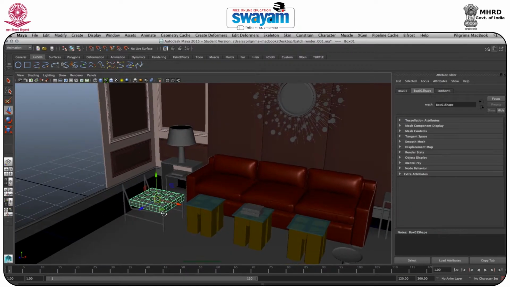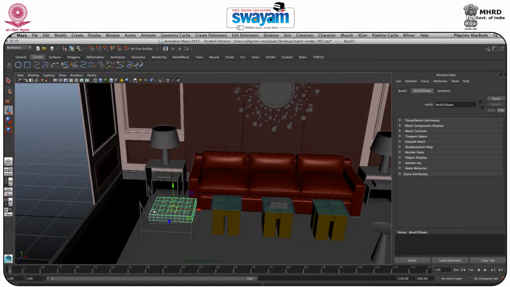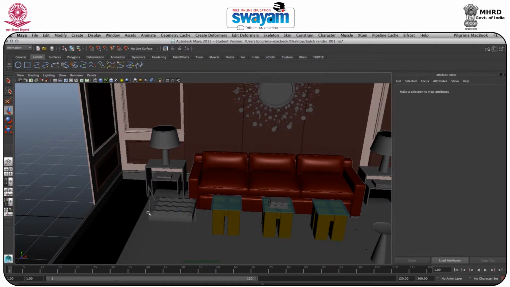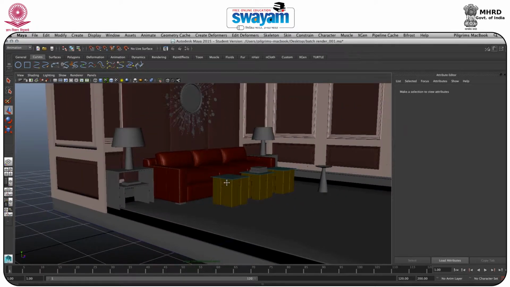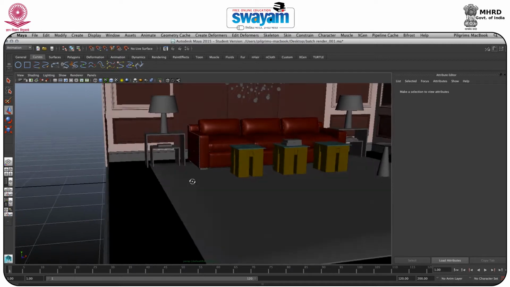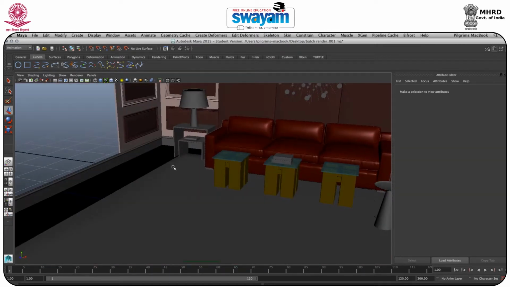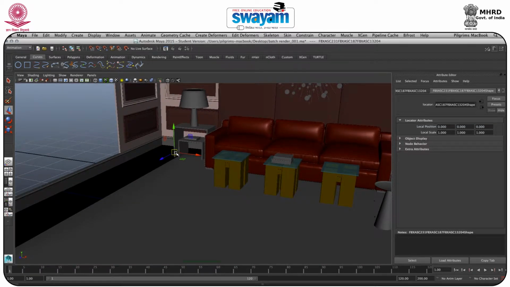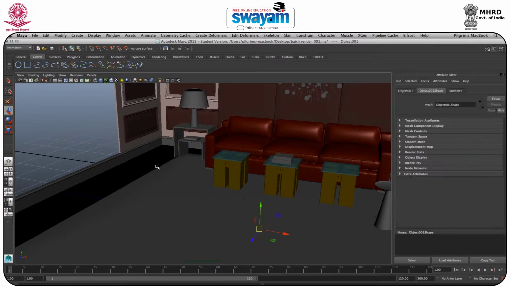These two are the books. Check mode. Assign new material. Blend. We'll change the color to